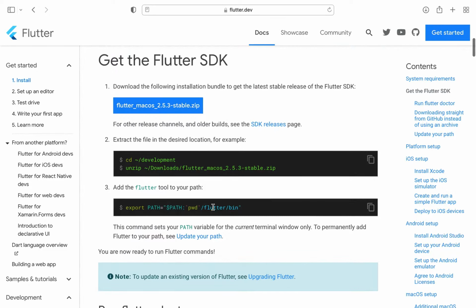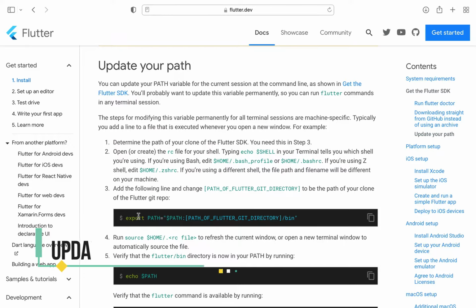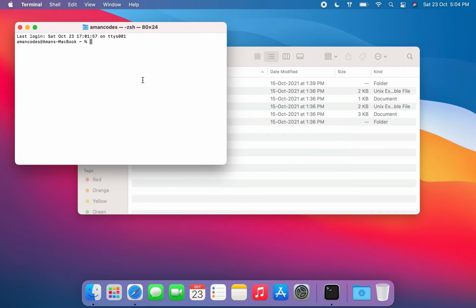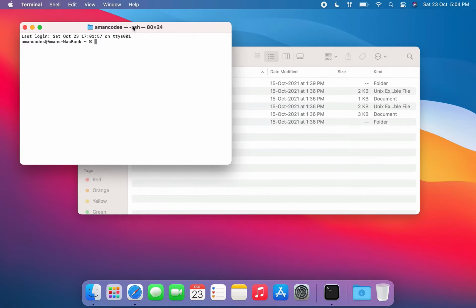This command will set the path for the current terminal session only. To permanently add Flutter to our path, we'll be updating our path. Now open terminal and see which shell you are using. In most cases, the default shell is Z shell. To check your shell, you can type echo $SHELL and you will get to know which shell your Mac